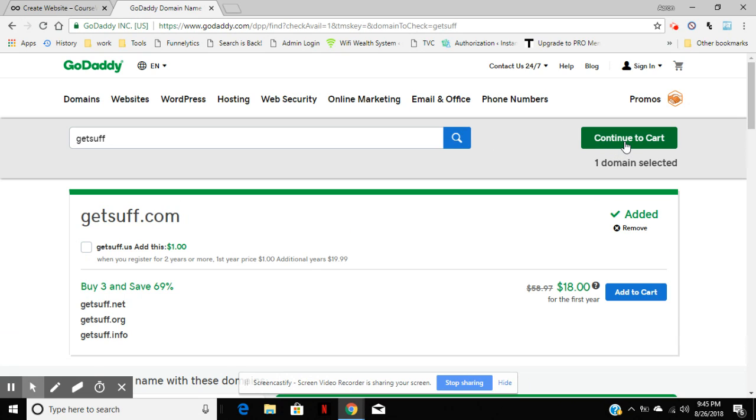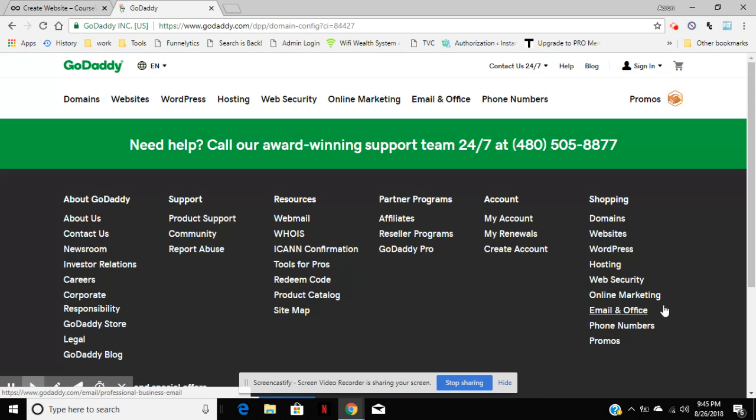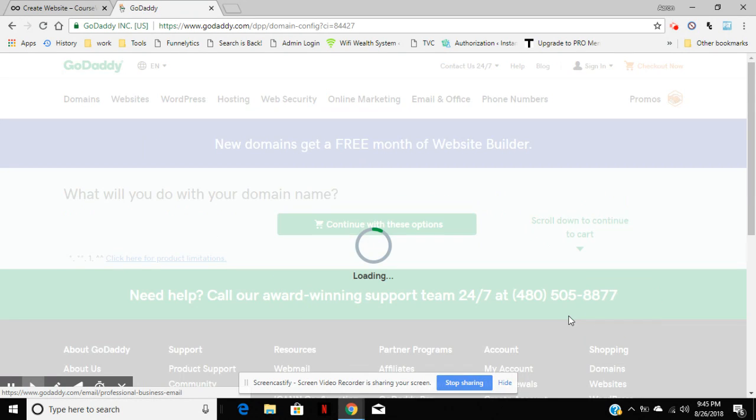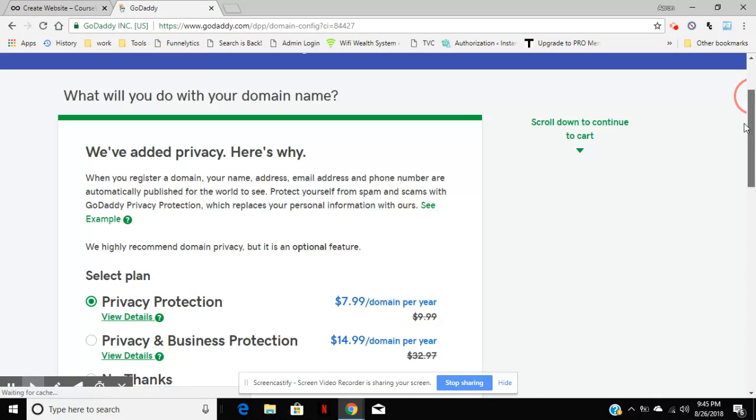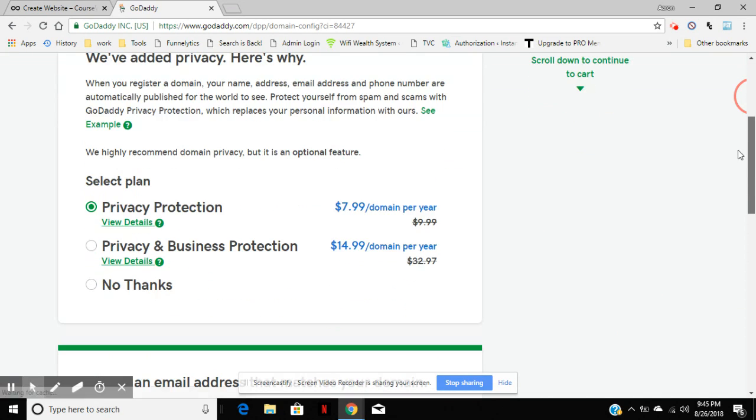And then I'm going to click on continue. And that should take you over to the next page. Now GoDaddy's going to try and sell you on a lot of other things that you really don't need, particularly today, like this privacy protection.